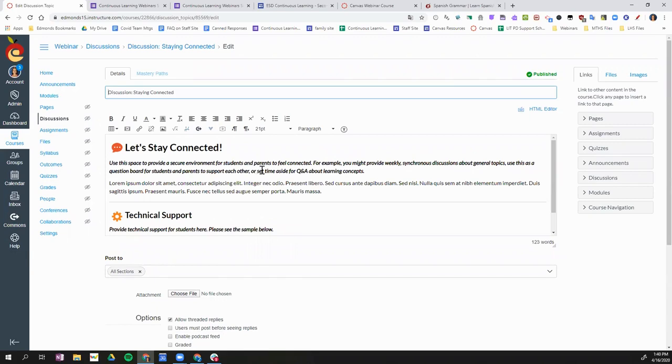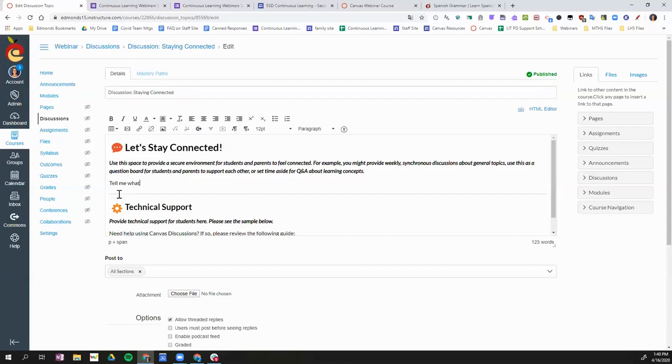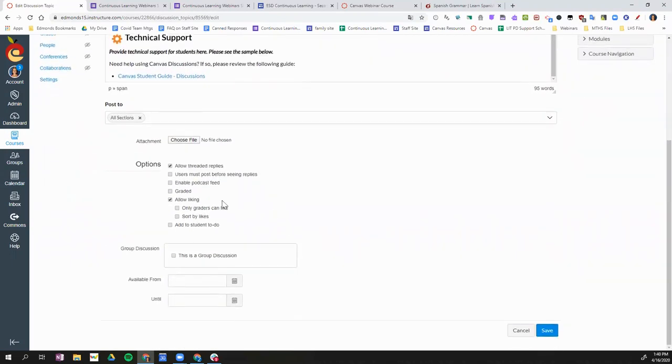again, any resource you create, a page, an assignment, a discussion, a quiz, you're going to have the same toolbar right here to edit the text. So I have this toolbar here. I'm going to add directions here. Tell me what you have been doing to stay positive during this time. So I might have directions here for my students, and then I'm going to scroll down, and these are our